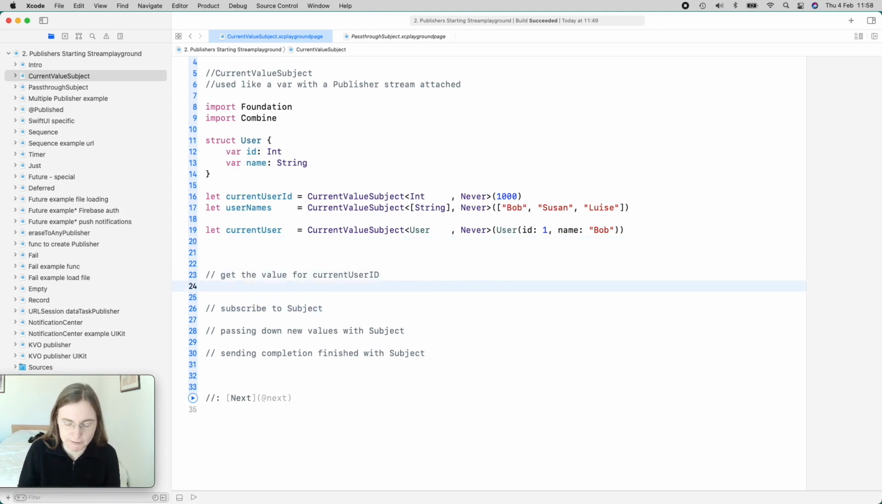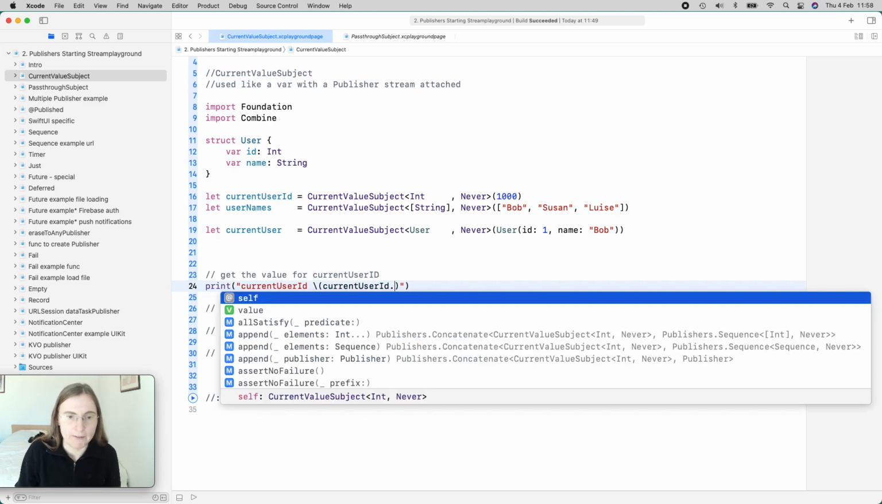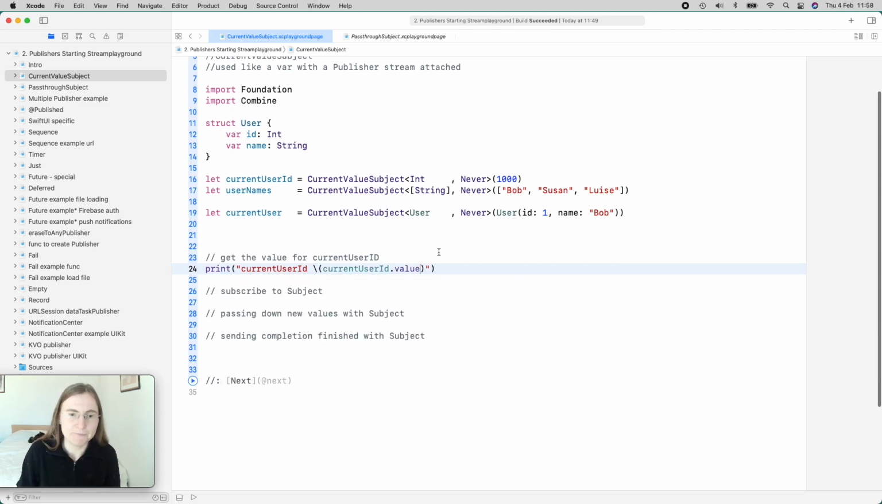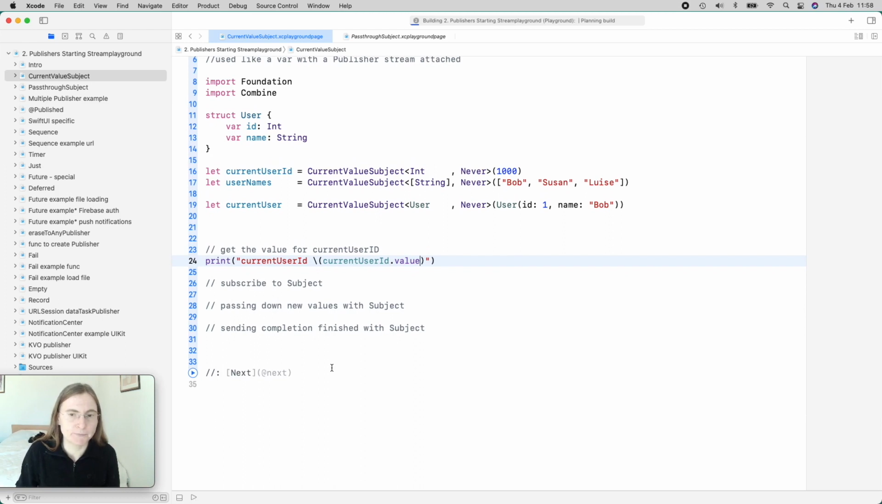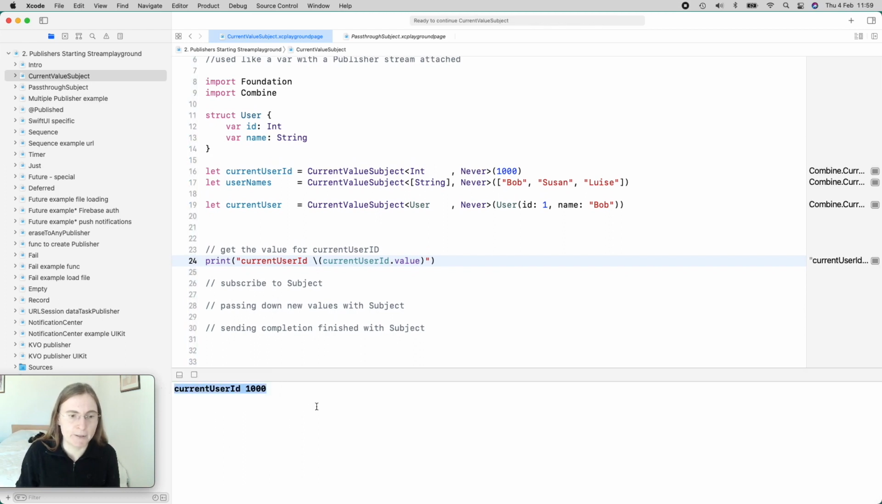So I'm going to print now the current user ID. And if you take the current user ID, the current user ID is the subject. And in order to access the underlying value, the wrapped value, we have to look for the value. So if you run this, you see that I get my current user ID 1000, which is the one that